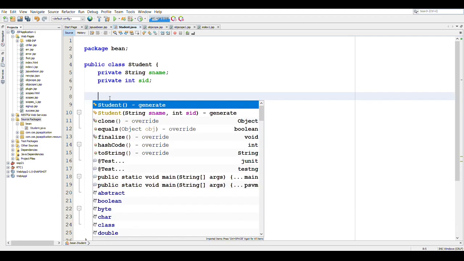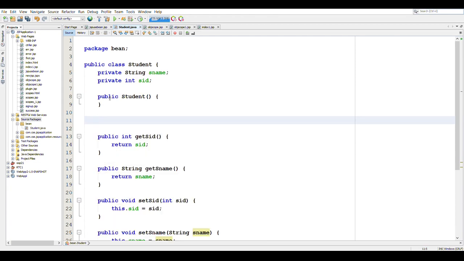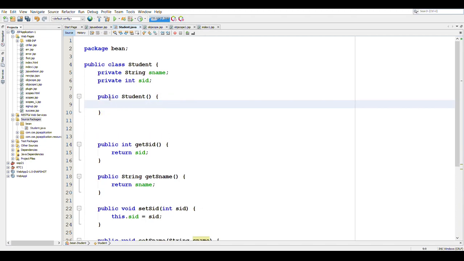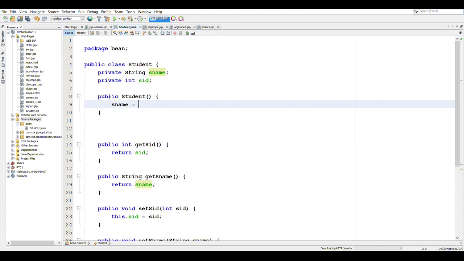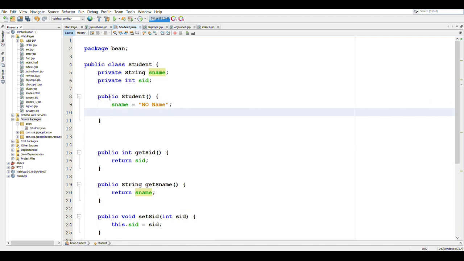Then we also need to create a no argument constructor which is public. Let us give it some initial values: sname is equal to no name and sid is equal to 0.